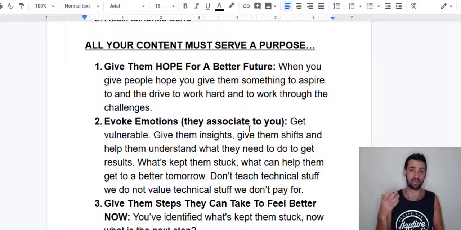He got real with people, telling them how he had this experience with his mentor, and coming to the realization that he wasn't actually believing that he was going to be able to get results yet. In doing so, he actually got his first sale because someone resonated with that, and they felt the same, so they could connect with him, and they ended up reaching out and asking, who's your mentor, and went through the process of actually purchasing our mentor's product, and therefore this other guy earned a commission in doing so. So you can see how actually showing your flaws, showing your challenges, can resonate with people and connect with people.